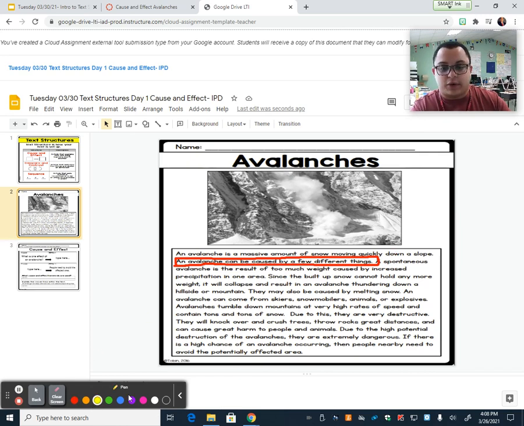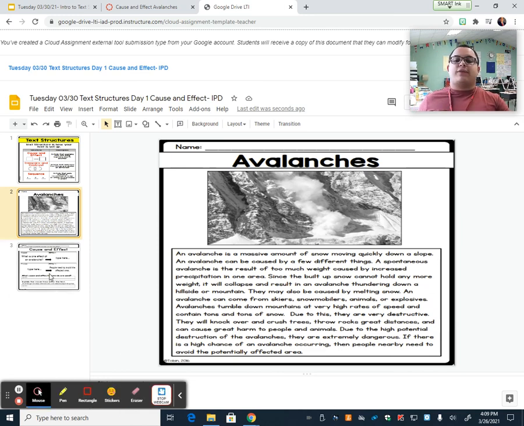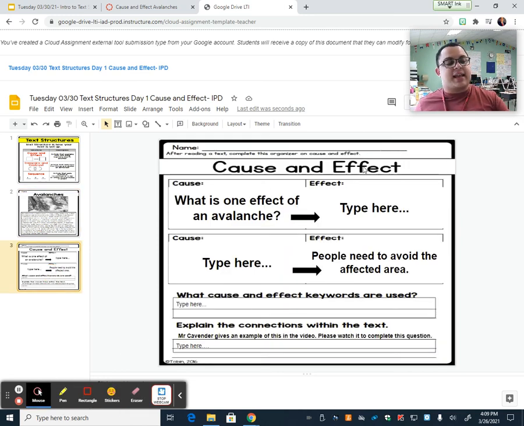Now, I will give you this sentence here. It says avalanches tumble down mountains at very high rates of speed and contain tons and tons of snow. I want you to find the connection based off of that sentence there. What do the sentences after explain about the avalanche tumbling down the mountains and hillsides? All right, after you're finished with everything, you're just going to hit submit